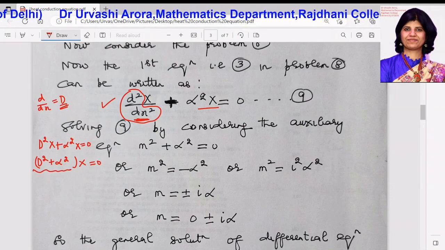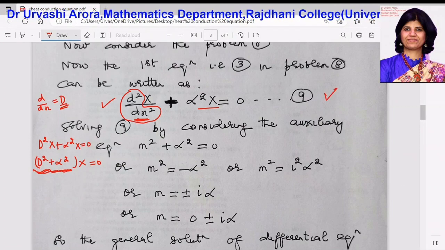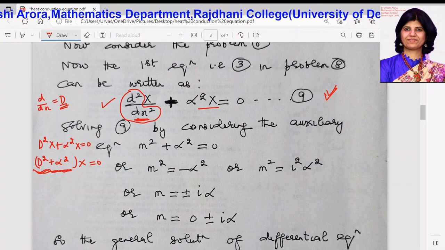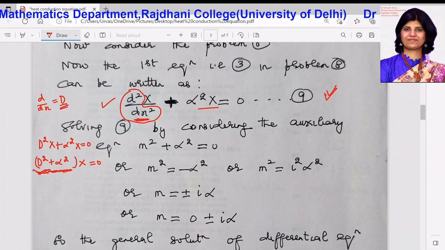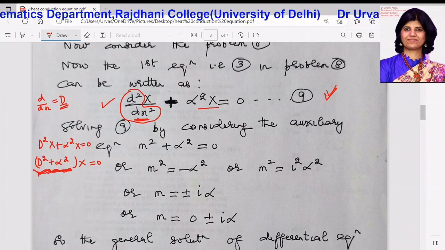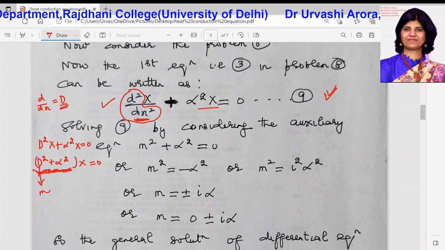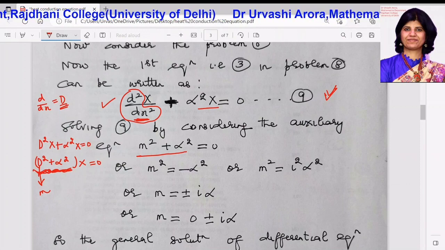Now this is the expression that you have which involves the differential operator D. To solve this particular ordinary differential equation of second order, we consider the corresponding auxiliary equation. To find it, we consider this expression D squared plus alpha squared, and in this expression we replace D by m. So the auxiliary equation is m squared plus alpha squared is equal to 0,